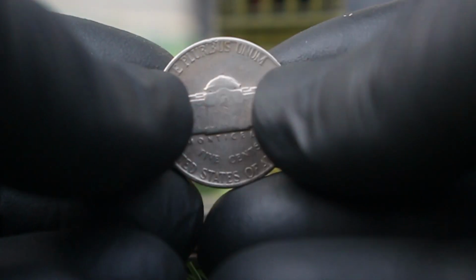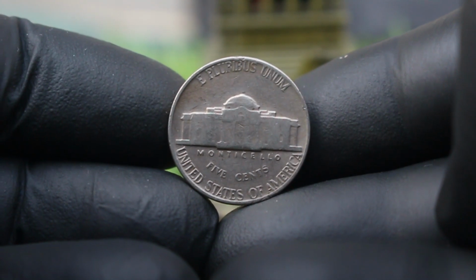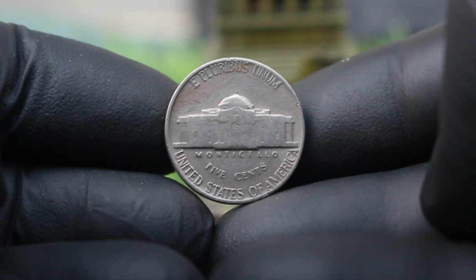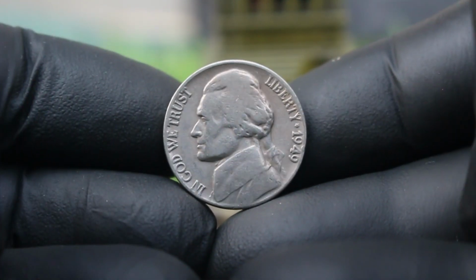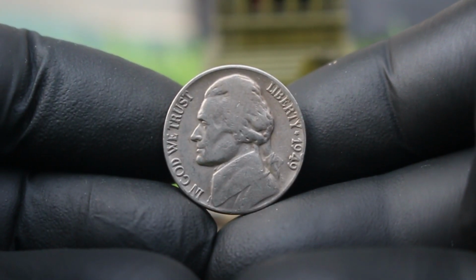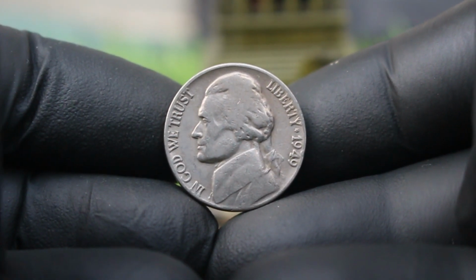However, when in higher grades, such as VF, very fine, extra fine, and AU, about uncirculated, the value can increase dramatically, with some examples fetching $50 to $150 or more. Coins that have been graded by professional services like Professional Coin Grading Service or Numismatic Guarantee Corporation tend to sell for even higher amounts, especially if they receive a grade of MS,